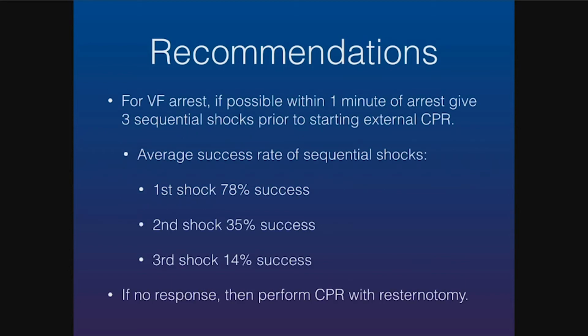The group deviates from AHA ECC guidelines regarding the number of attempts at defibrillation in the CPR sequence. In contrast to the single shock recommended by AHA, they recommend the use of up to 3 sequential defibrillation attempts without CPR in between. Synthesis of results from 15 publications suggests that average success rates decline dramatically from the first to third shock. Thus, the low rate of success by the time of a third shock mandates